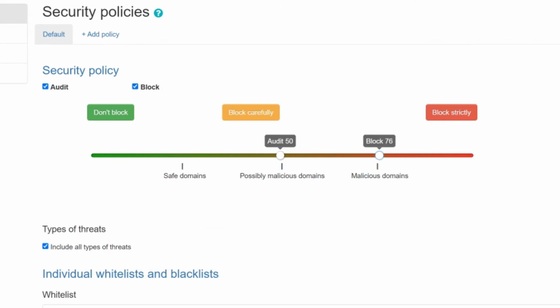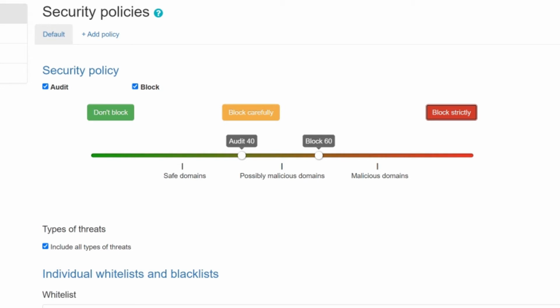You can, for example, lower the blocking threshold or deactivate blocking entirely, which leaves you with the audit mode. In this mode, Whalebone monitors the incidents without preventing them from happening. The core of the configuration of audit and blocking is a so-called score, which is assigned to individual domains by our algorithm. The higher the score, the more dangerous the domain. It's up to you to choose from the preset levels of sensitivity or decide to adjust the threshold manually.